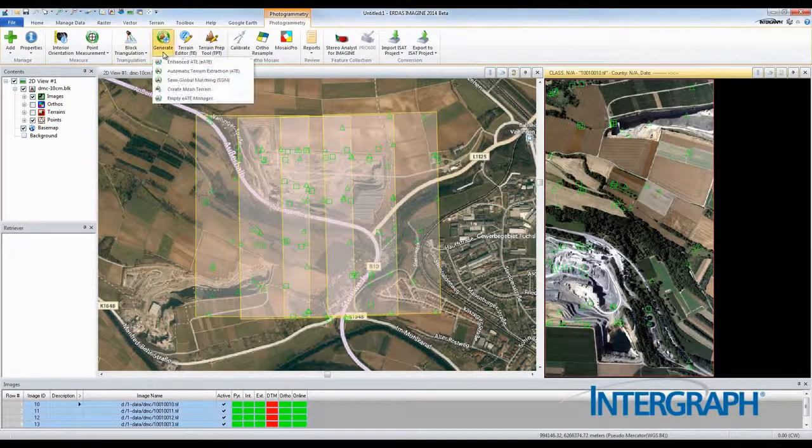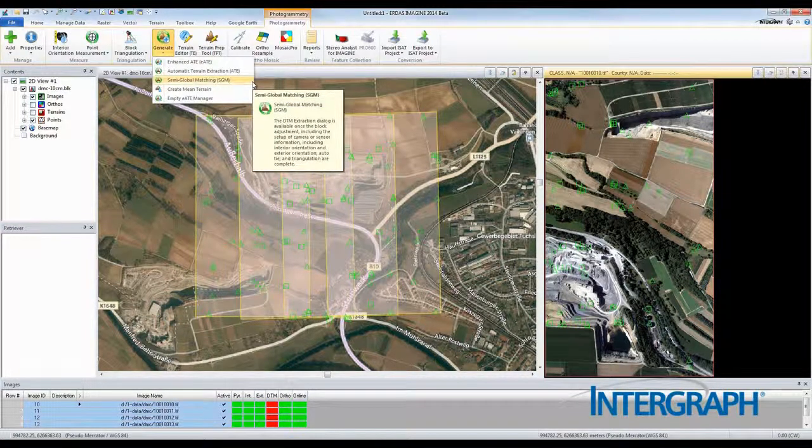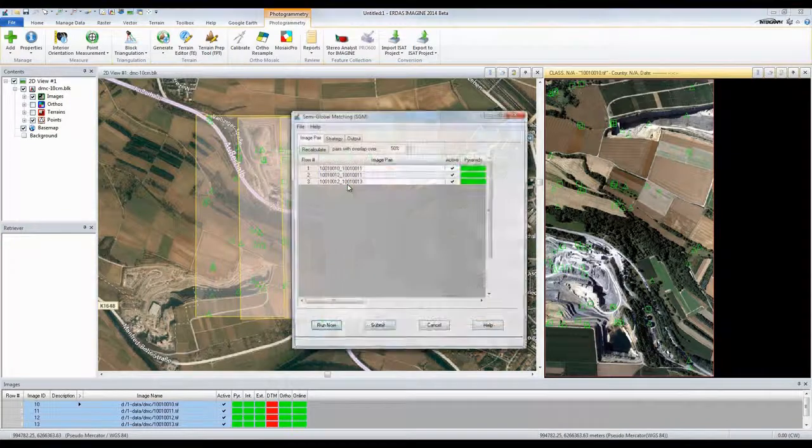Okay, this is going to be a quick video just to step you through the new semi-global matching algorithm now available in the Imagine Photogrammetry suite in the 2014 release. So if I were to click on this semi-global matching algorithm under the Generate option with a loaded photogrammetry block,